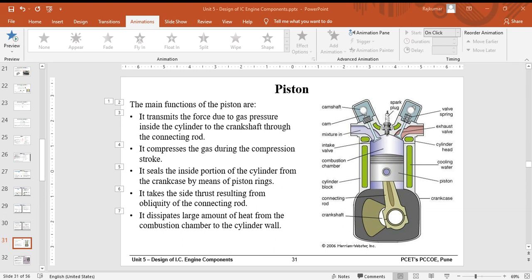So here you can see the temperature variation that is often observed due to forging and casting as two different manufacturing processes. Based on that, you can make a choice between which type of manufacturing process you need to use. Then we will go to estimating the dimensions of the piston head.